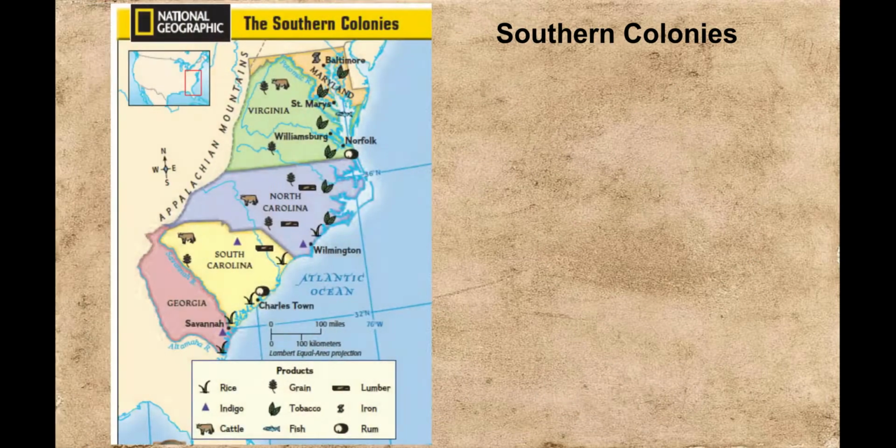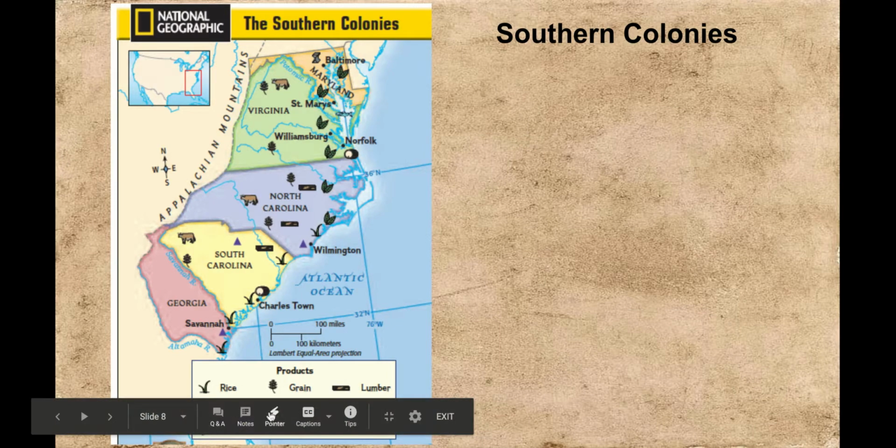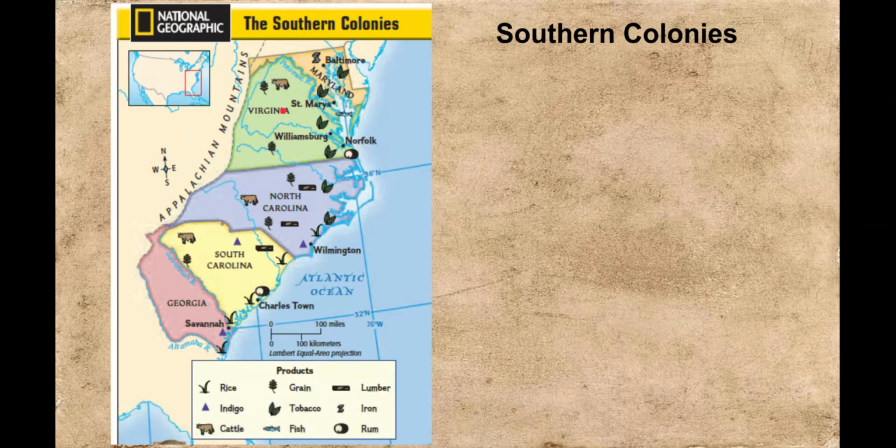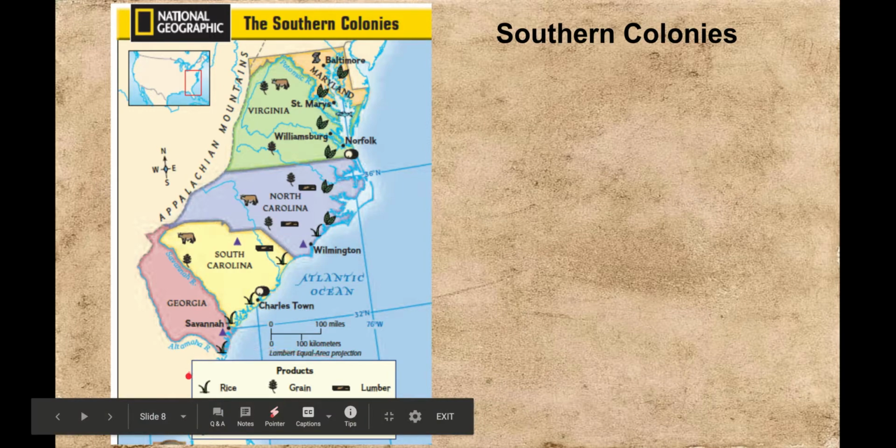Our last region, known as the Southern Colonies, was the region that included our states now of Georgia, South and North Carolina, Virginia, and Maryland. And as we look at this map, you're going to notice right away that this map actually includes a key at the bottom. And the reason for that is because this particular area of our country at this time was